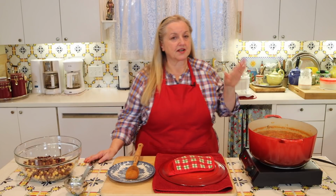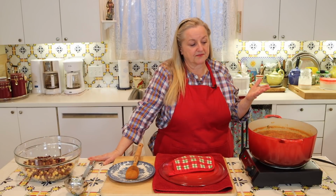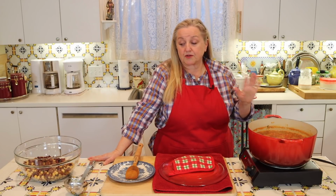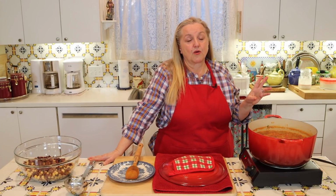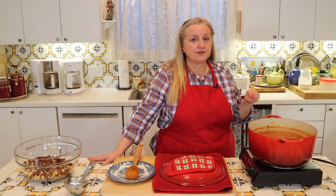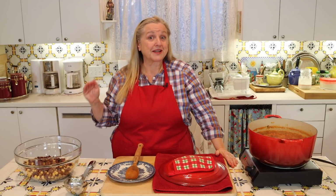And now I want to mention, I'm doing this in a Dutch oven. You can use a soup pot, a stock pot, whatever you have that can hold all of this. But you can also do this in the Instant Pot or the slow cooker. And those two work very well if you're using beans that have not been cooked, preferably that have been soaked